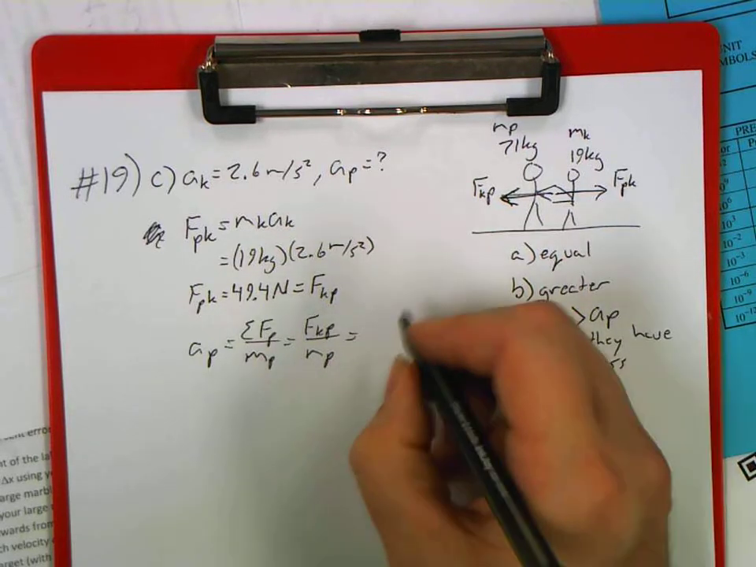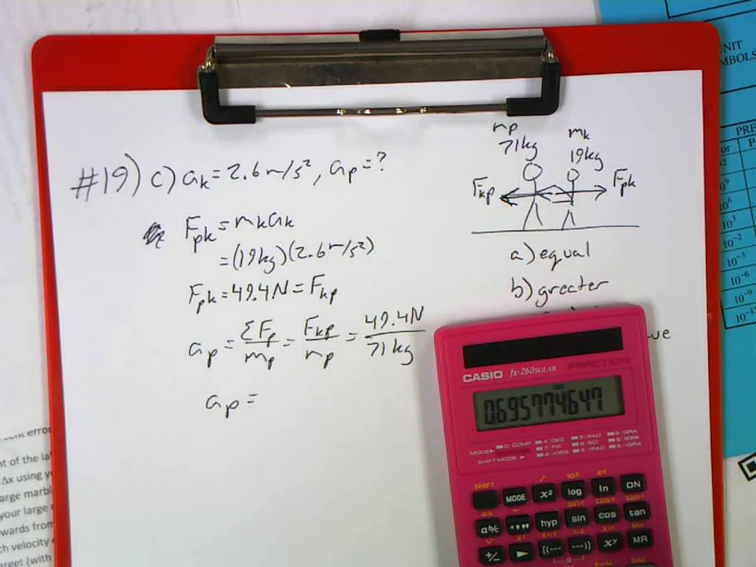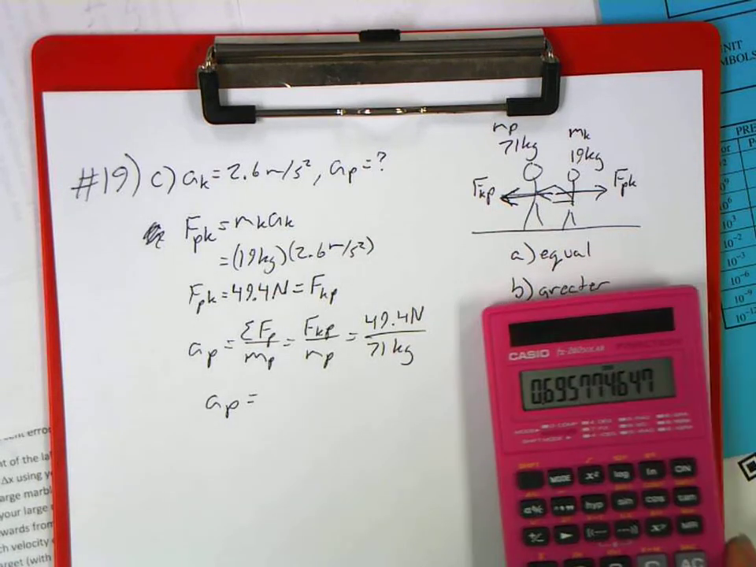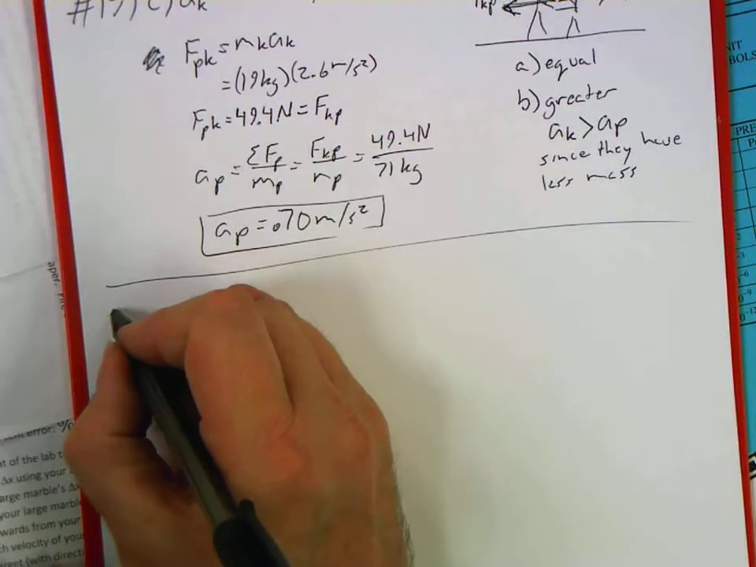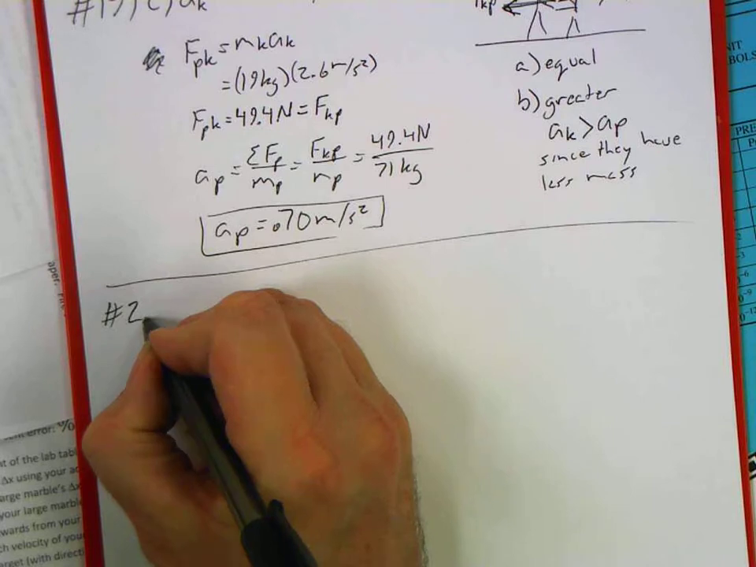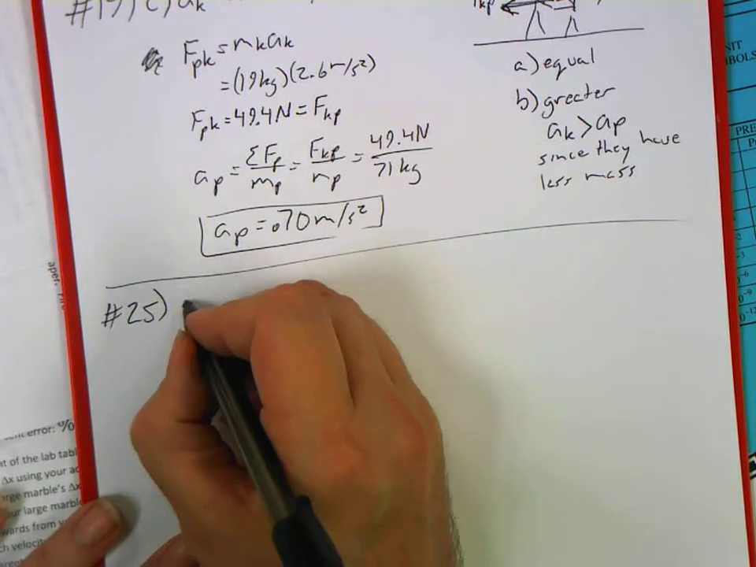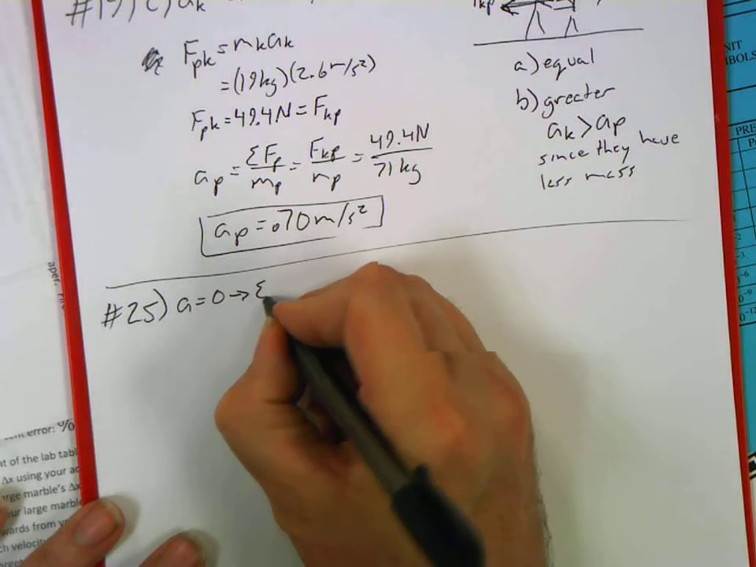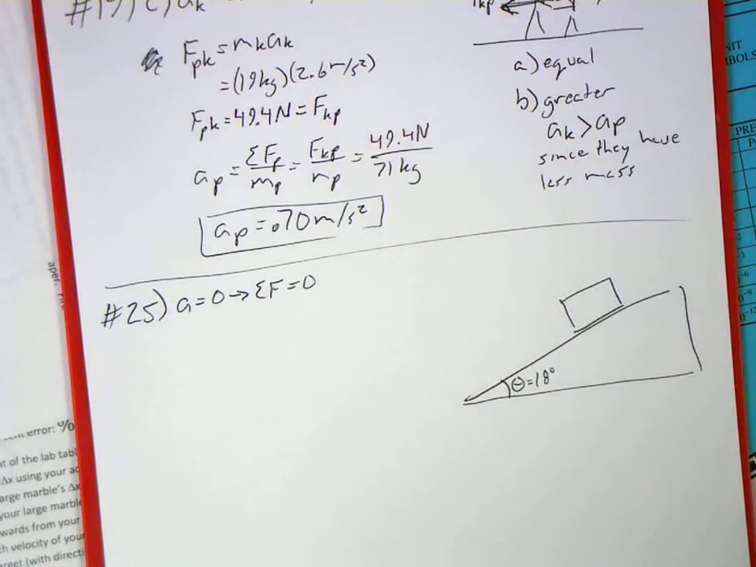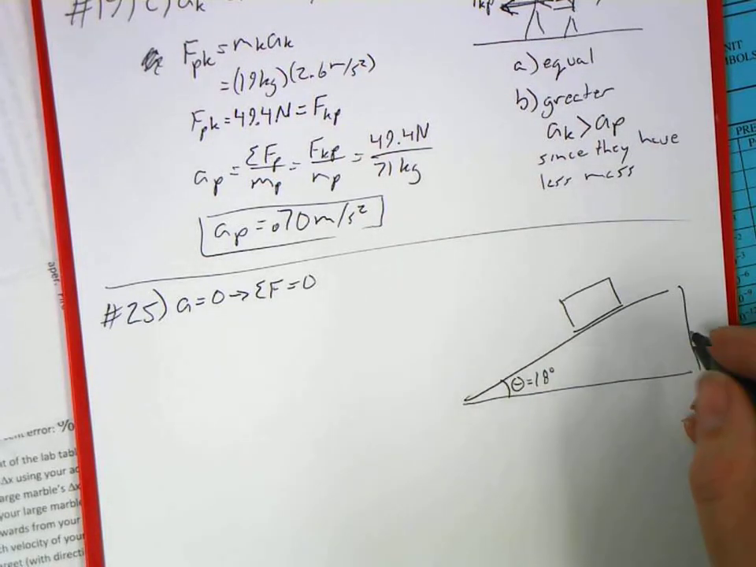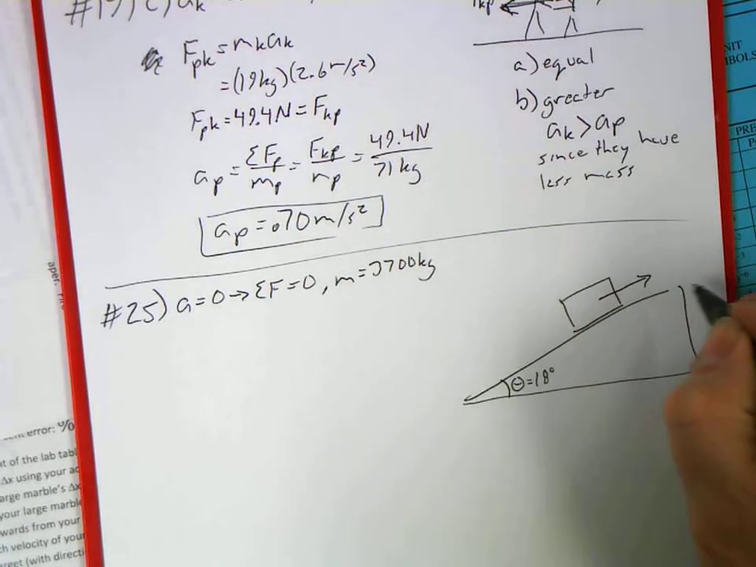Part C: what is the magnitude of the parent's acceleration? Well, we want the acceleration of the parent. We have plenty of information to figure out the kid, because the kid accelerates at 2.6 meters per second squared. The force applied is equal to the mass of the kid multiplied by 2.6 meters per second squared. So the force applied by the parent on the kid